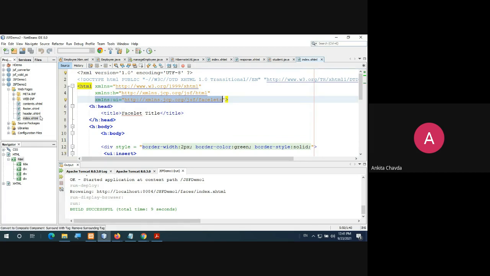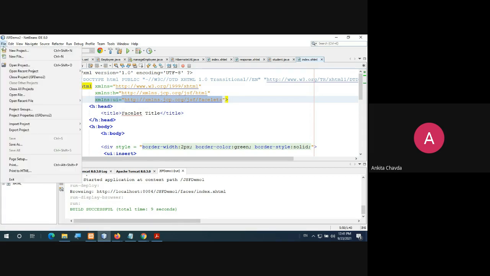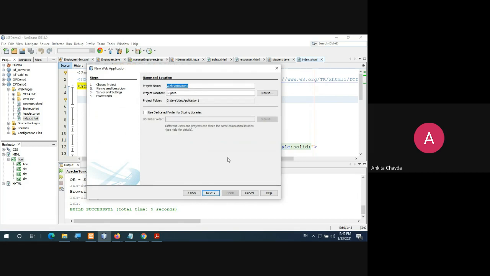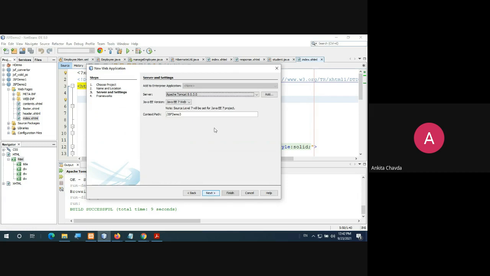Should I show you that, or do you understand what I'm saying? Right. Let me show you, otherwise you will have the problem later. The Java web application. Next. Yes, demo 3. Next. Apache Tomcat. Next.